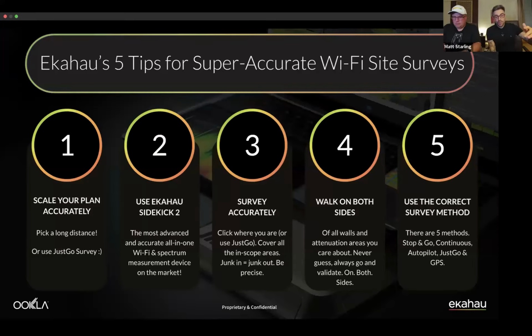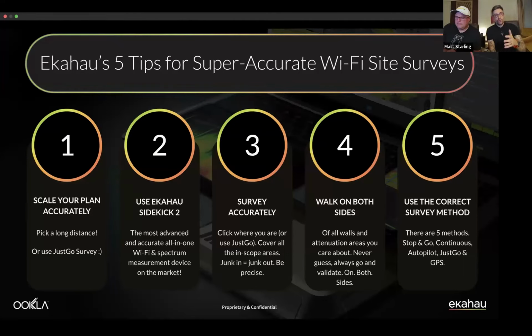Next, it is really important that we survey accurately. We need to get good data in to get good data out. So if you're using a survey method where you're telling the application where you're moving around and you are not putting it in accurately, then it's not going to understand that you didn't put it in accurately. So then the data that you get out will not be accurate as well. I always recommend you find some really physical reference points, use columns, lift shafts, actual doors, things that you know are really there rather than furniture, to give you that reference before you start moving around.